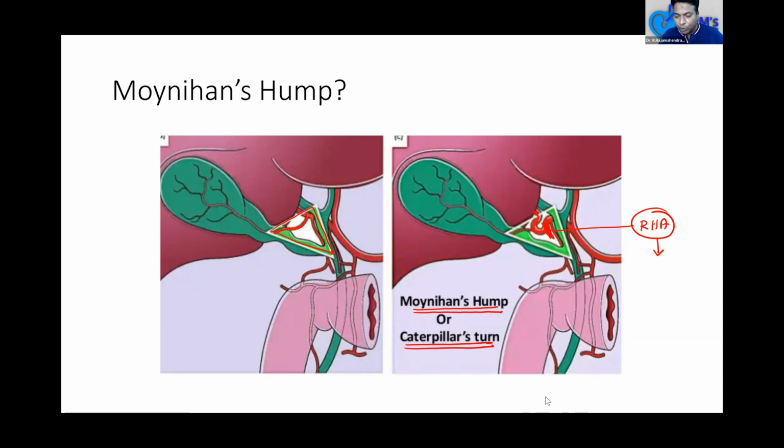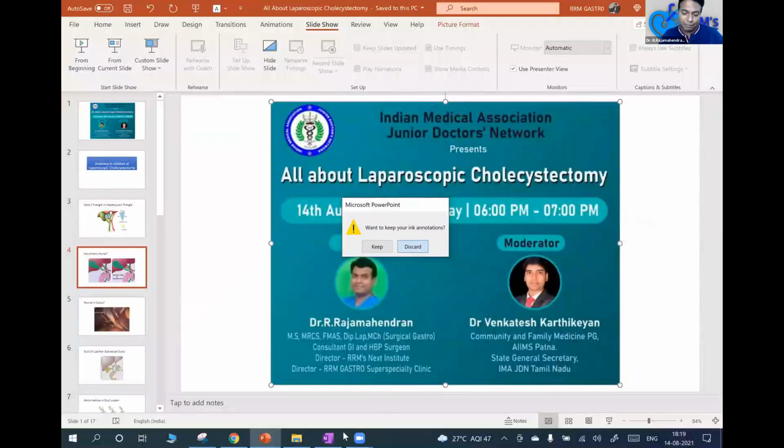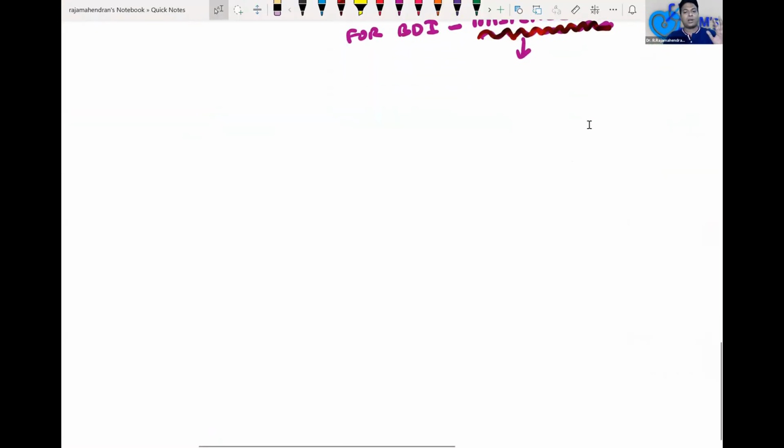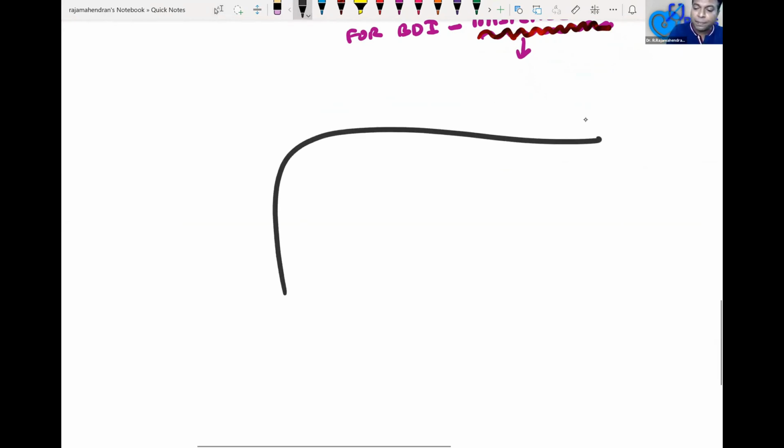So please remember, I will tell you now what happens when I put a clip on the right hepatic artery. It is not going to present now. The patient will go home. He will have no trouble, because 80% of the blood flow to the liver is from the portal vein. Even if I clip the right hepatic artery, the patient is not going to die now. There are many cases going on without realizing this.